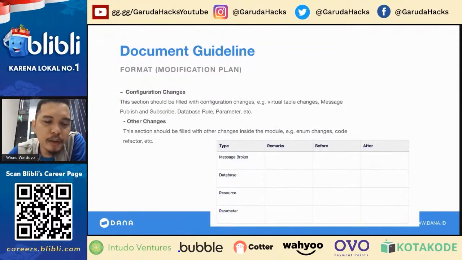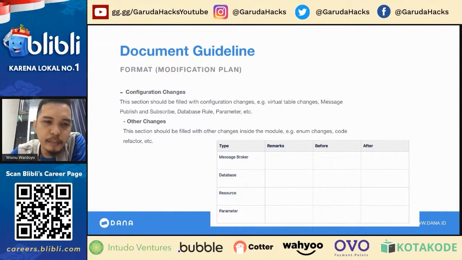I also recommend you put the configuration changes over here, because every configuration needs to be aligned with the other teams. So let's say you have message broker changes. What is the value before the change and the value after the change?